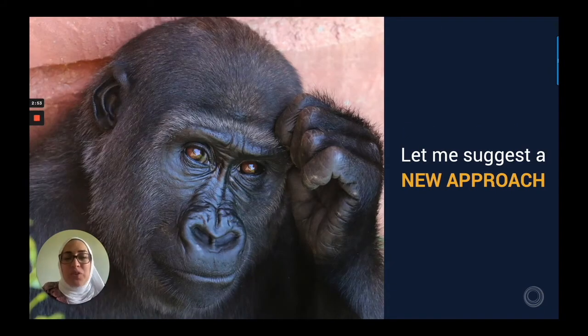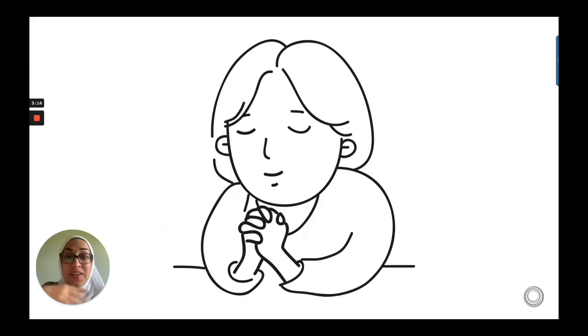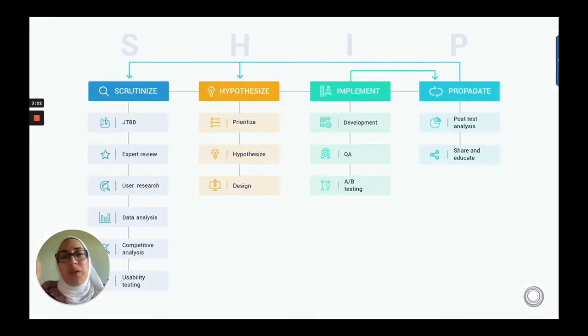So a new approach that we suggest is following a specific process. I would say that the majority of conversion rate optimization processes are the same. If you go to a lot of those major conversion rate optimization companies, ours included, you're going to find a similar process in terms of collecting data, prioritizing, and then doing a lot of praying. Nope, that's what I said before. We're not going to be focusing on hope and prayer for our testing. We want to really follow a process.